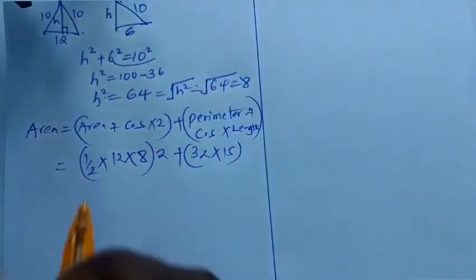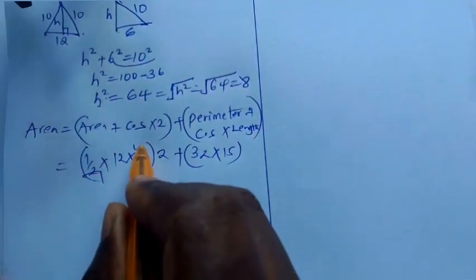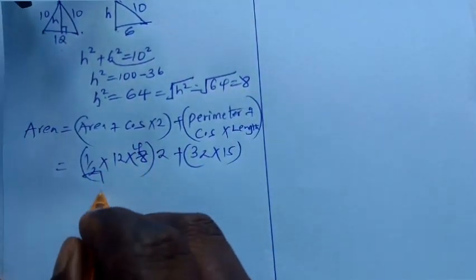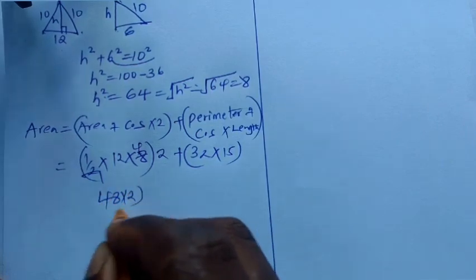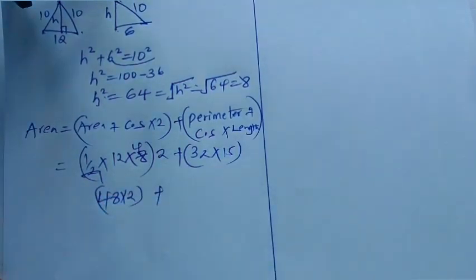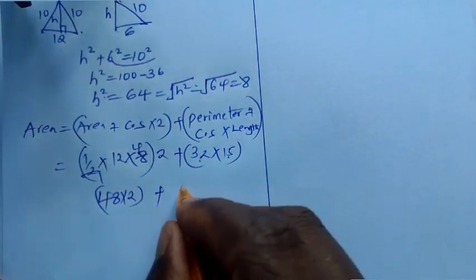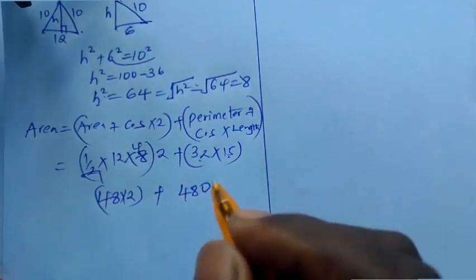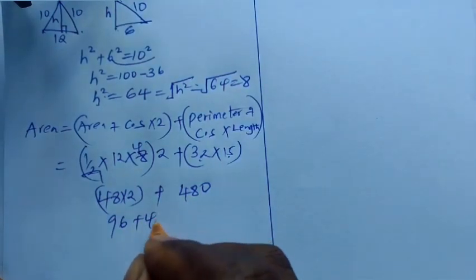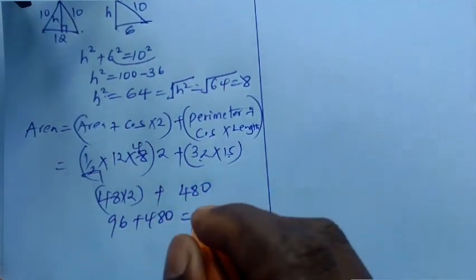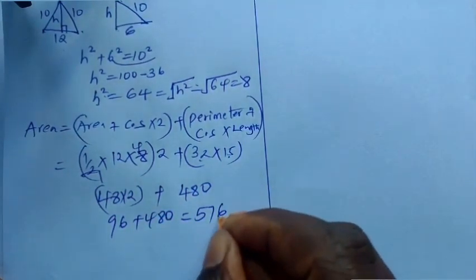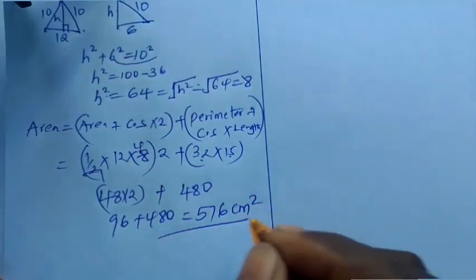Now, this one goes here 4. So this is 48 times 2, plus 32 times 15, that is 480. So 96 plus 480, and that gives us 576 centimeters square, and that is the total surface area of this